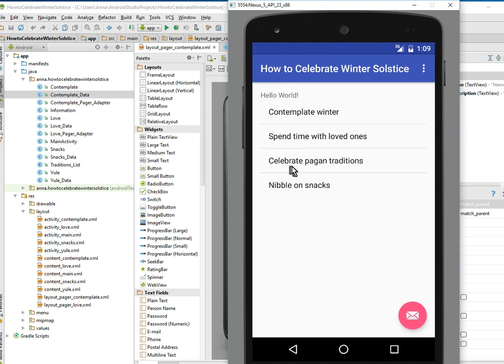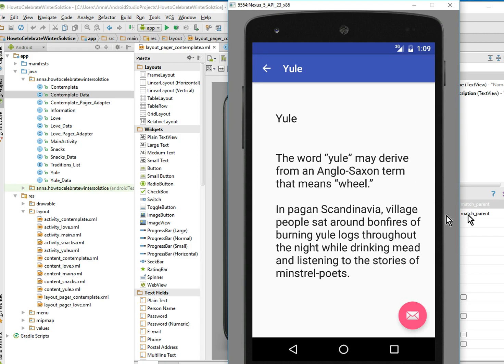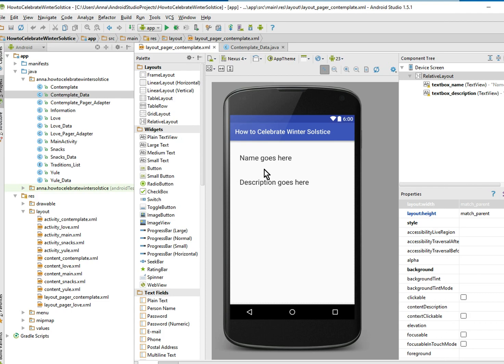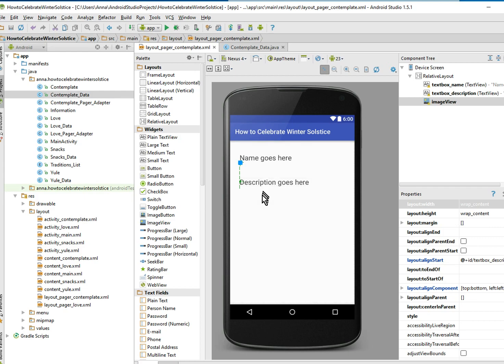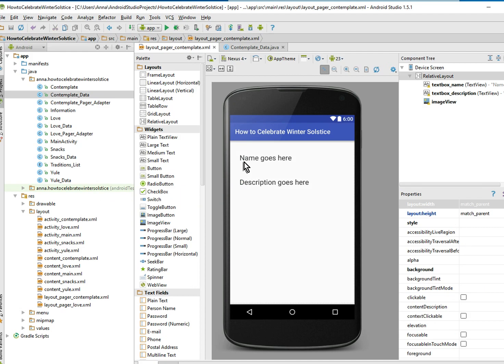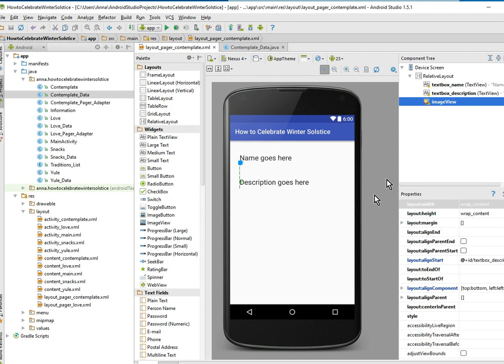But in this video, I'm going to show you how to add images, because you'll notice it's just text. That's kind of boring. So first off, I want to look at the layout page for Contemplate, and you'll notice that it's just two text things. And I'm going to add an image view. I'm just going to drag and drop this guy here. That's a good place. And you'll notice that you can hardly see it. It's like a little dot. And if we highlight it, it's small. And this won't matter